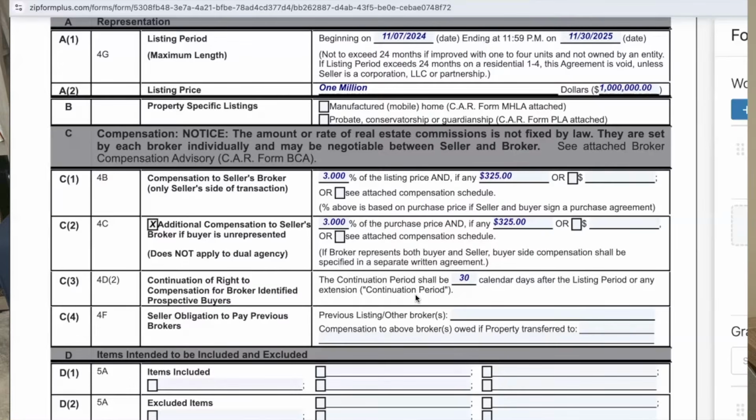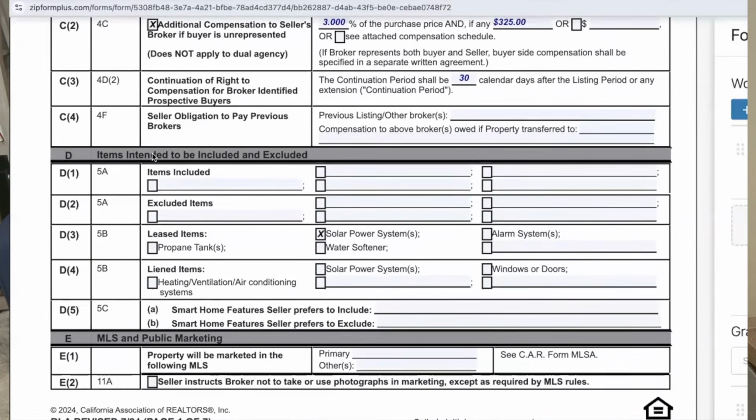That's where this would be listed out. All right, so items intended to be included and excluded. Now, keep in mind that for the listing agreement, this really is just for your information. This is to make sure that you're on the same page. So you don't have to list every little thing, but if there are some specifics, like I'll give you an